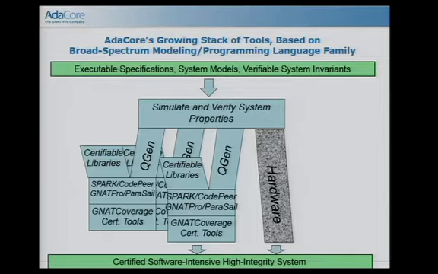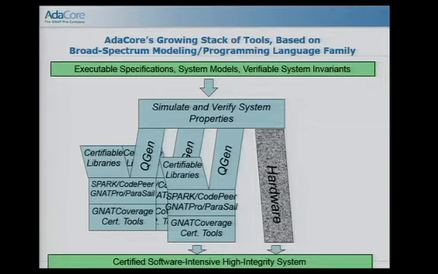And then we have this QGen product, which is doing a qualified transformation into Spark or into C. And coming in from the side, this is the part where the programmers still play an important role: these certifiable libraries. This is not just all new code.